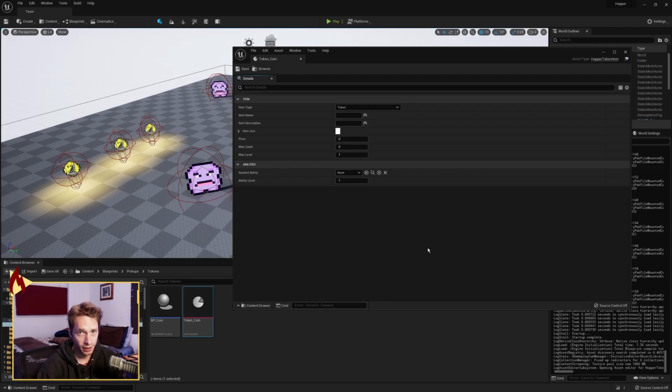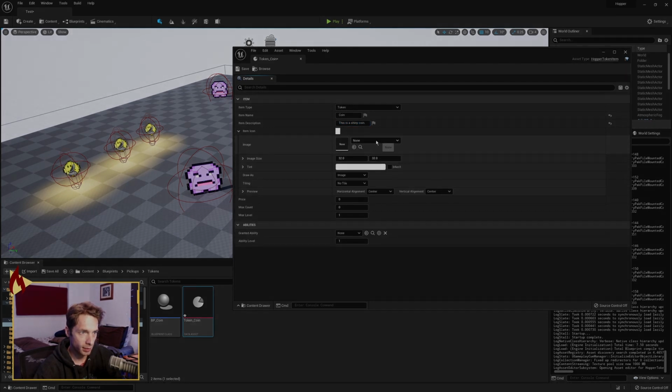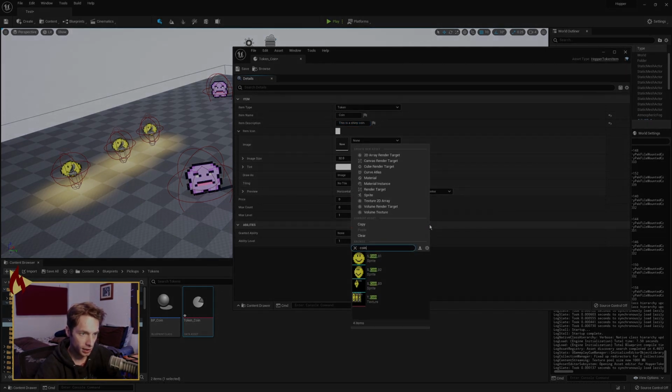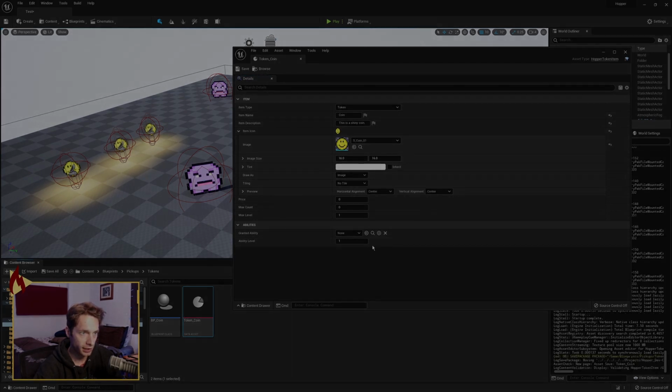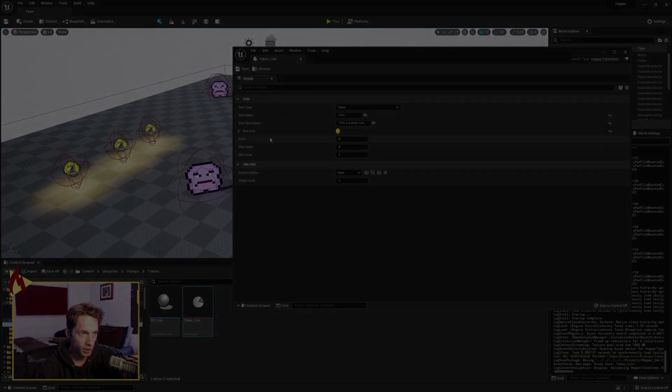So I was editing this video and I realized I never actually opened up the token coin data asset, which really didn't matter in this video, but it does matter for you and for the future. This is where those things that we created, all the variables, are. Here's our item type, token by default because this is a token. Item name, this is where we could do coin. Item description, this is a shiny coin. Item icon, if we had an image, I don't think... Oh, we do. All right, so yeah, there. We can add that sprite in there. Size 16 by 16. So there you go. That item icon can be in there. The price